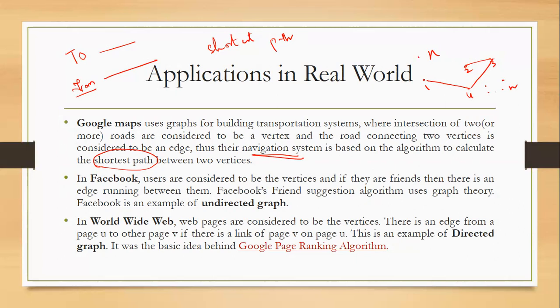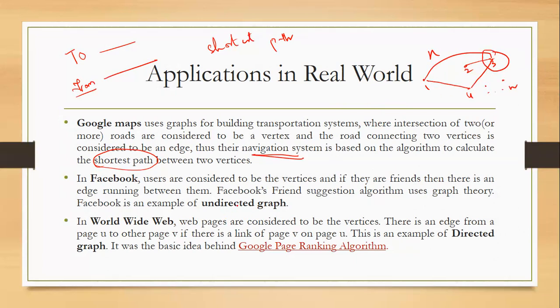Now in this case, the Facebook friend suggestion algorithm uses this graph theory, and it sees that since 3 is a friend to 4, it will try to give you a suggestion that please be a friend of 3. It will suggest 3 as a friend in the suggested friends column. Why is it so? Because you have a common friend in between you.